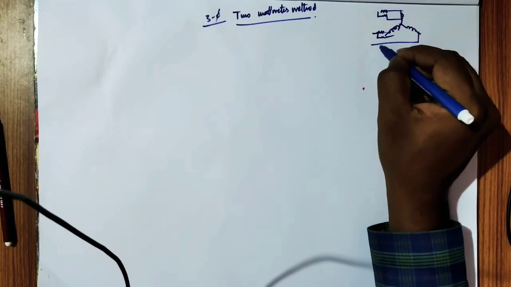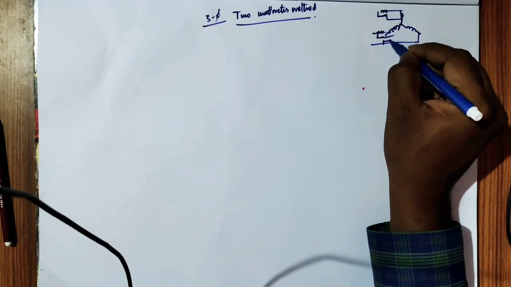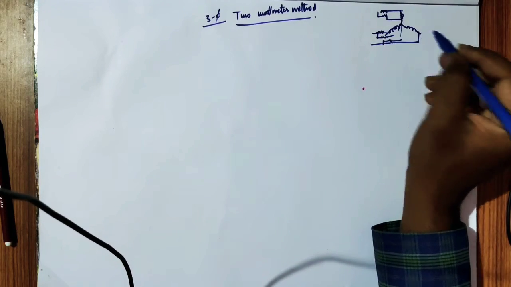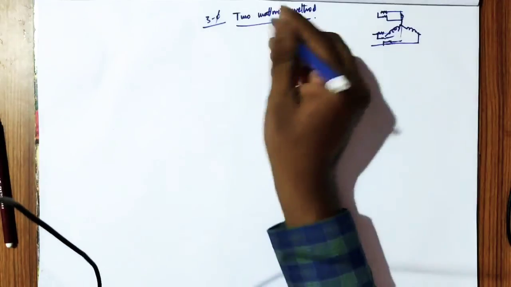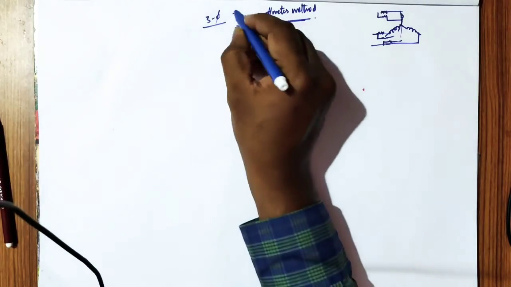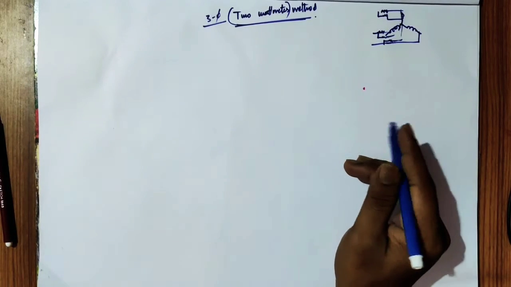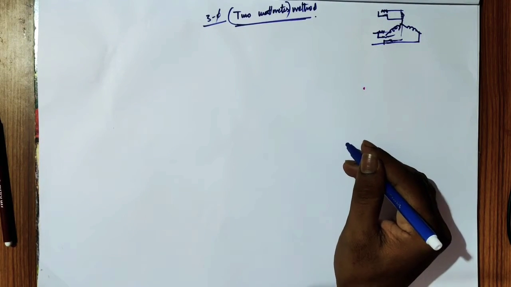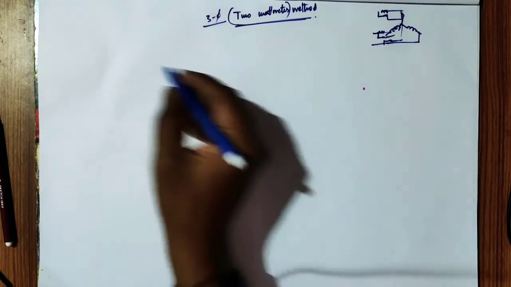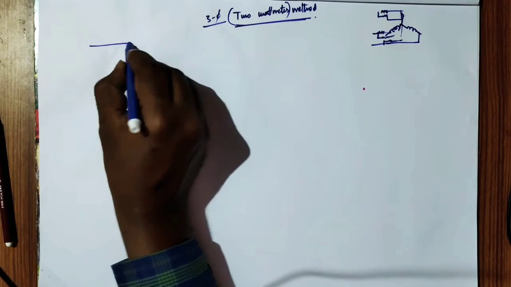So I hope you got this. For each individual phase we connected a wattmeter. Now in this 2 wattmeter method, as the name indicates, we calculate three-phase power by using 2 wattmeters only. So to understand that, I take